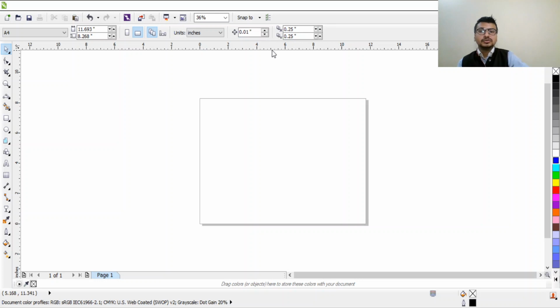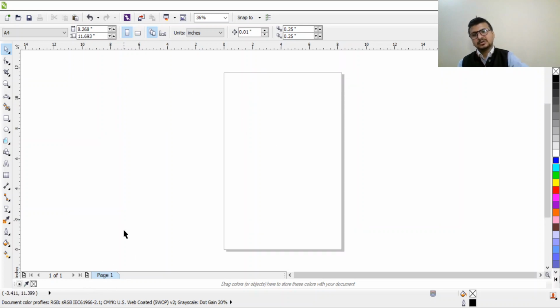Okay, so the next thing you can see in the bottom is page one. If I have to create 4 pages, I'll right click over here, I'll insert page after, so it will be page 2. Again right click, insert page after, so the third page is added over here. Similarly, if I want to add a page before this page, I can click over here, insert page before, so this page is inserted before this. So the numbers are like 1 2 3 4, so we are getting confused right now.